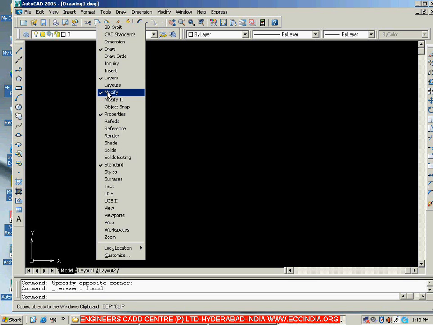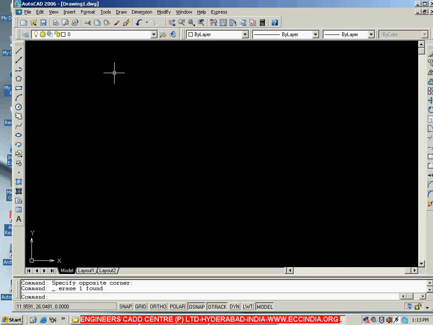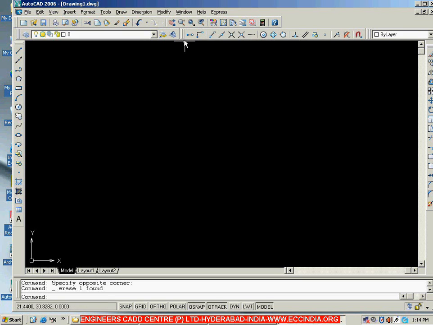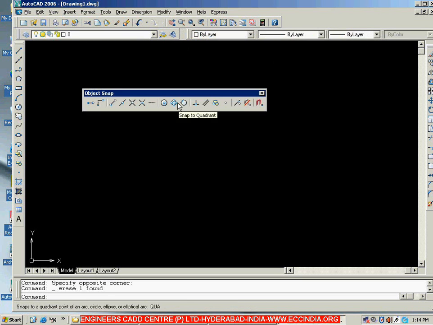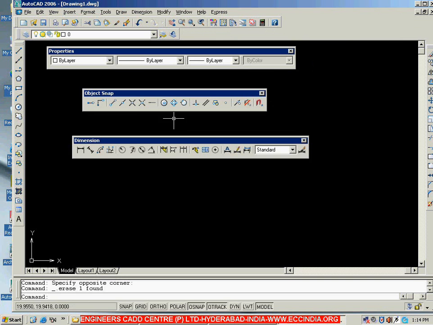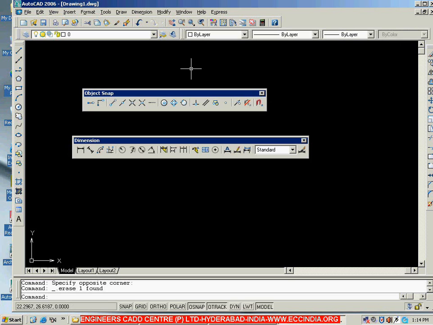Now similarly, let me say if I want a dimension toolbar, then I can select it from here. If you just select it using the left button, it is going to give you the dimension toolbar. Right click, and now let me go with properties. Properties already we have, so let us go with object snap. If you go with object snap, it is going to give you object snap. So by default, automatically the system is docking here. Once again you can undock in order to see all those toolbars. Now you can see here we got the dimension toolbar. So one by one you can dock and you can adjust it as per your requirement.